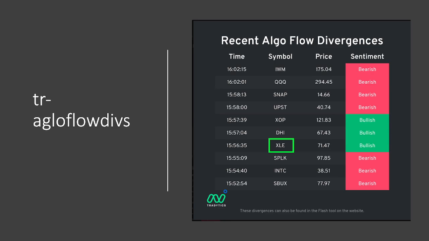So it's basically recent algo flow divergences, and you can learn more about algo flow on the Tradytics website, but it's a really nice tool that takes into account the chart and the net flow coming in, the expirations, and some other factors. It uses their machine learning algorithms to say, okay, if the stock price, or the ticker you're examining, the ETF,